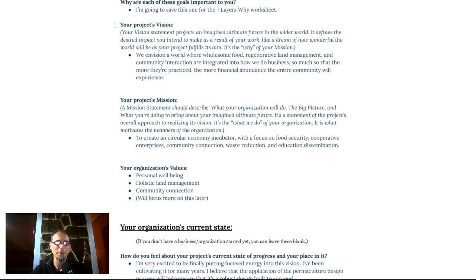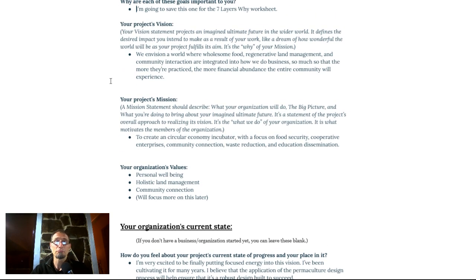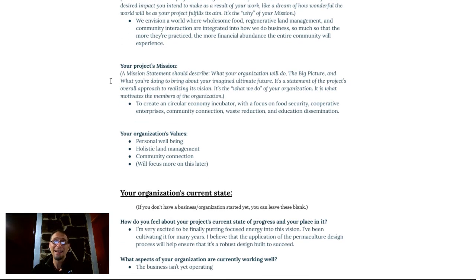I could have modeled this better. Vision. Hey, I just threw down a first idea, and you can too. I know my vision and mission are going to change. I already saw a better mission statement higher above. But here, again, your vision is the world you want to see, and I want to see a world where wholesome food, regenerative land management, and community interactions are integrated into how we do business, so much so that the more they're practiced, the more financial abundance the entire